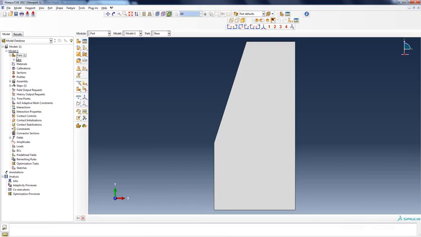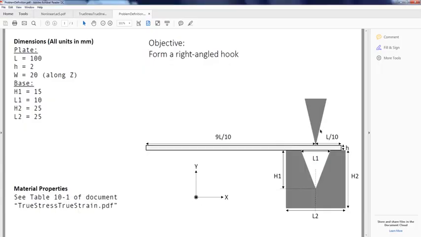Now we create another rigid body. No, we don't need to create the rigid body, because when we model a symmetric problem, we can simply model the effect of the indenter loading as a point load. So we only need to create the deformable body, so this part of the plate, which is 2 mm in height and 10 mm in length.